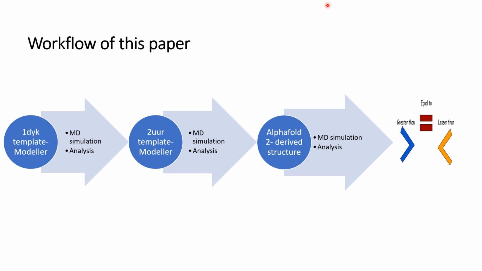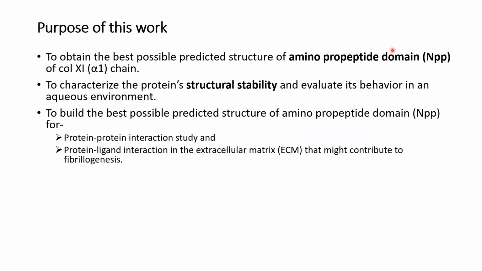We have carried out comparative structural analysis using molecular dynamics simulation, shortly known as MD simulation, to deduce the best structure in aqueous environment. The purpose of this work is to obtain the best possible predicted structure of the aminopropeptide domain, shortly known as NPP, of collagen 11 alpha 1 chain, to characterize the protein's structural stability and evaluate its behavior